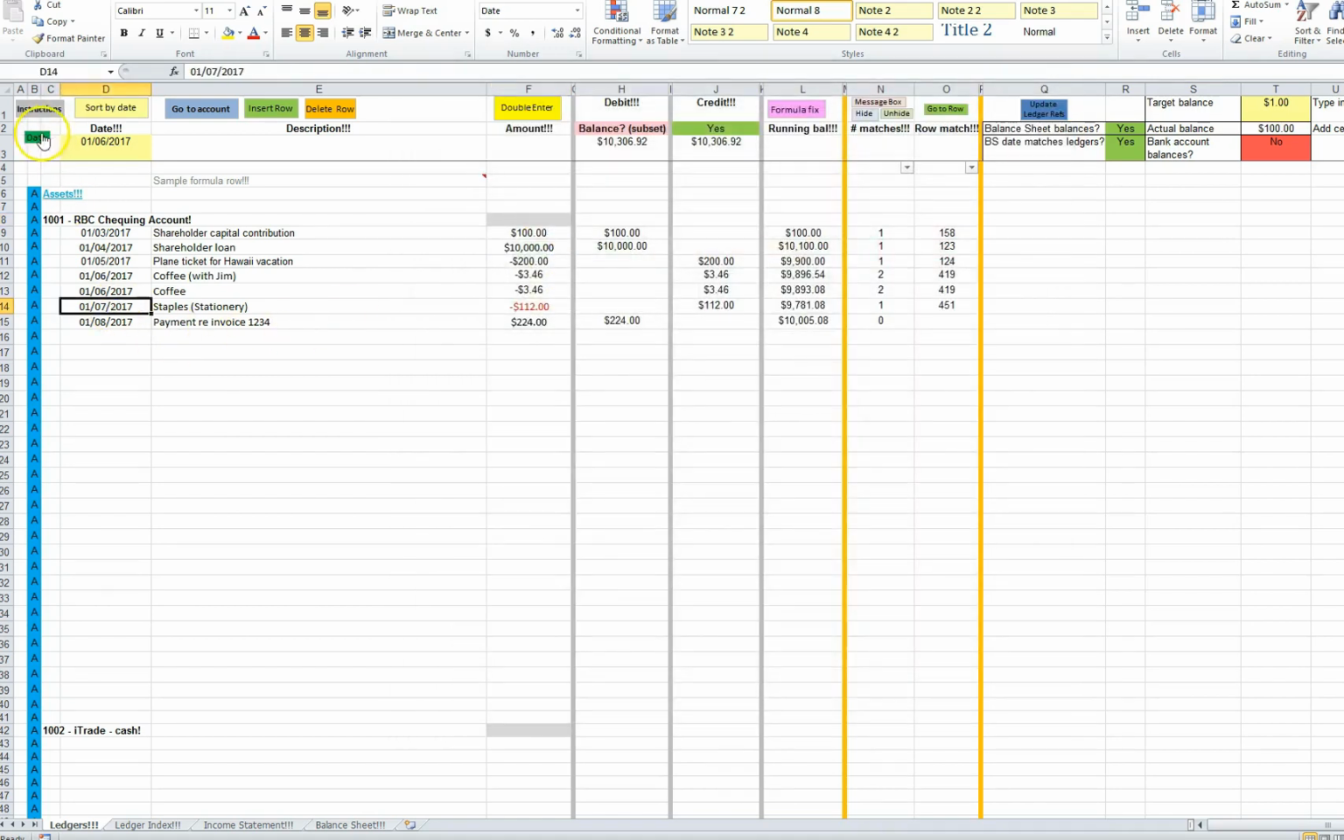Then I must click the date button to update now to January 7th, because this is balancing, but it's warning me it's a subset. So if I want to check if it balances as of today, that's right, still a subset because we've got this January 8th date in there. But let's go and